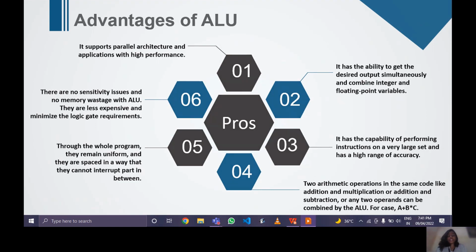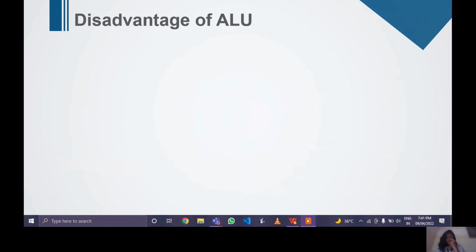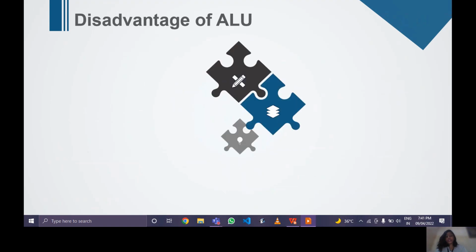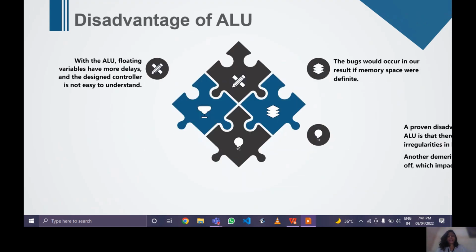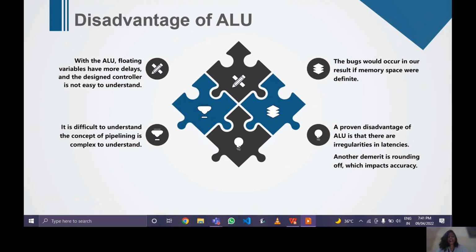Now, coming to the disadvantages of ALU. With the ALU, floating variables have more delay and the designed controller is not easy to understand. Bugs would occur in our result if memory space were definite. If we keep a particular limit for the memory when we are working with the ALU, then we come across many bugs. Another disadvantage of ALU is that there are